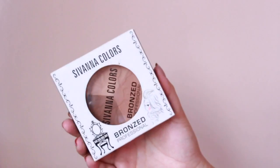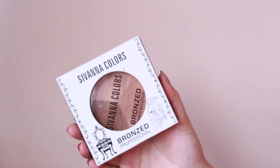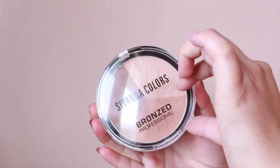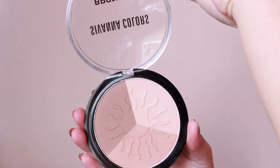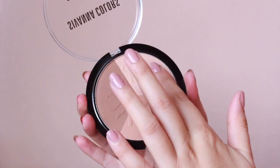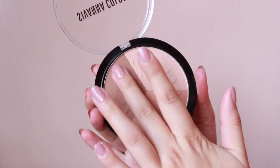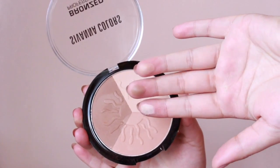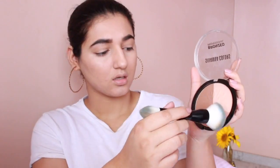So I bought this bronzer from Savannah Colors. Now it comes in this packaging. This retailed for 700 rupees. It's like a big old pan, and it comes in 3 shades. Got it in the shade 04. I'm gonna use this brush by Maybelline. This is a duo brush, but I won't use this end. So I'm gonna use this duo brush, and I'm just...